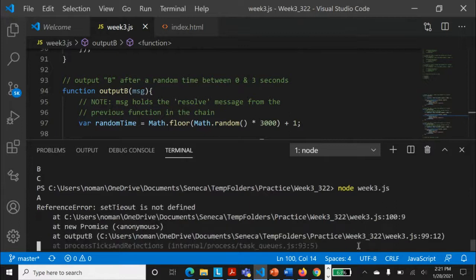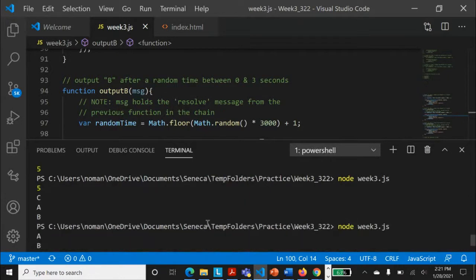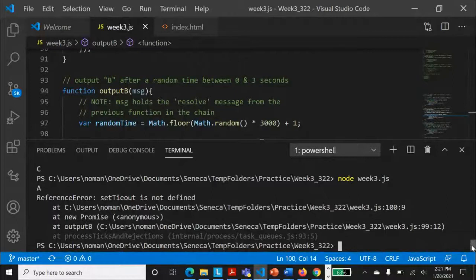Now you see that A is printed out, which means A has been successfully done. Saroj, your question might be about forgetting to write some message; it might ask you for that. Anyhow, it says setTimeout is not a defined function. So after A, it has gone out and says some error occurred. This reference error is a syntactical error. We are not talking about a resolve error right now, so reject error.